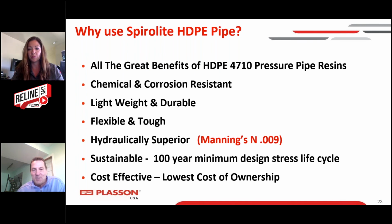This is something I always like to really touch base on. You get all the great benefits of high density polyethylene pressure grade resins. And that's really something that needs to be said about this product. This product came along well in advance of high density polyethylene pressure pipe being accepted by the AWWA for water distribution. So it's been around much longer, but we've been able to take the benefits that people are seeing with